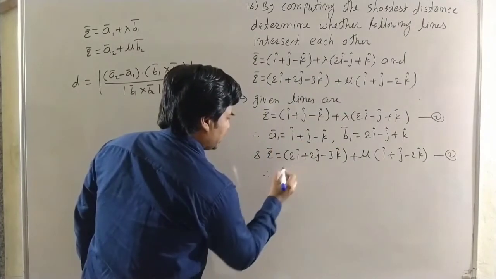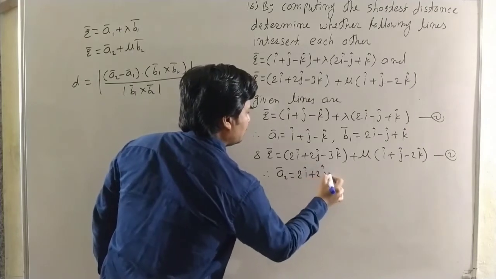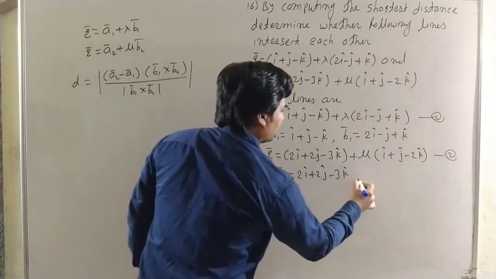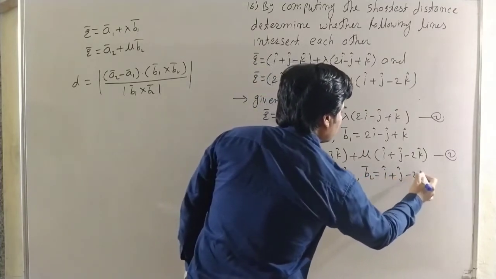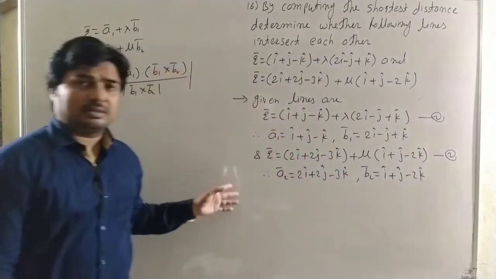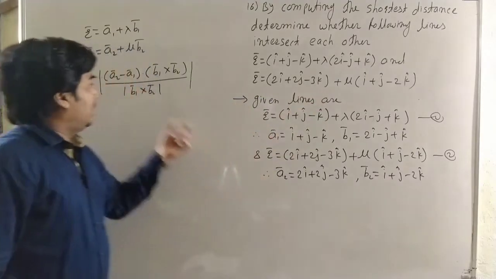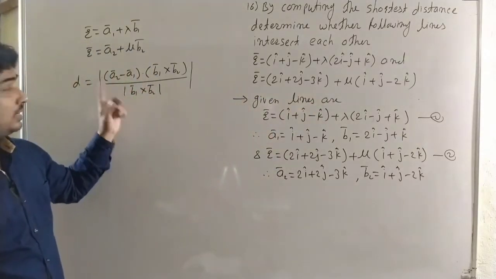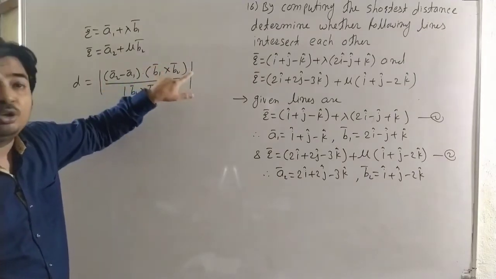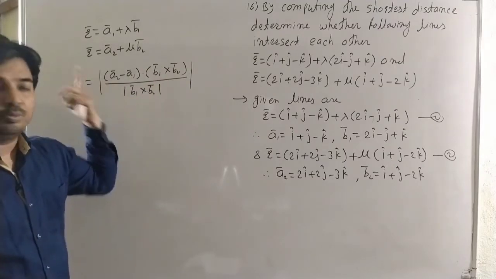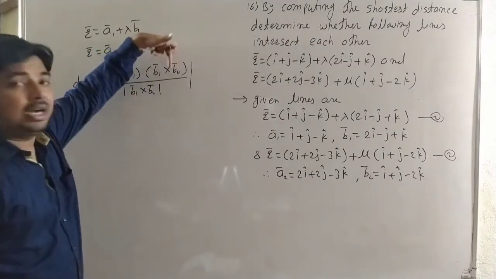Therefore we can write a2 bar is 2i cap plus 2j cap minus 3k cap, and b2 bar is equal to i cap plus j cap minus 2k cap. Here two lines are given. From the given lines we find a1, a2, b1 and b2, and the shortest distance between two lines is mod of (a2 bar minus a1 bar) dot (b1 bar cross b2 bar) upon magnitude of b1 cross b2. First we find a2 bar minus a1 bar,